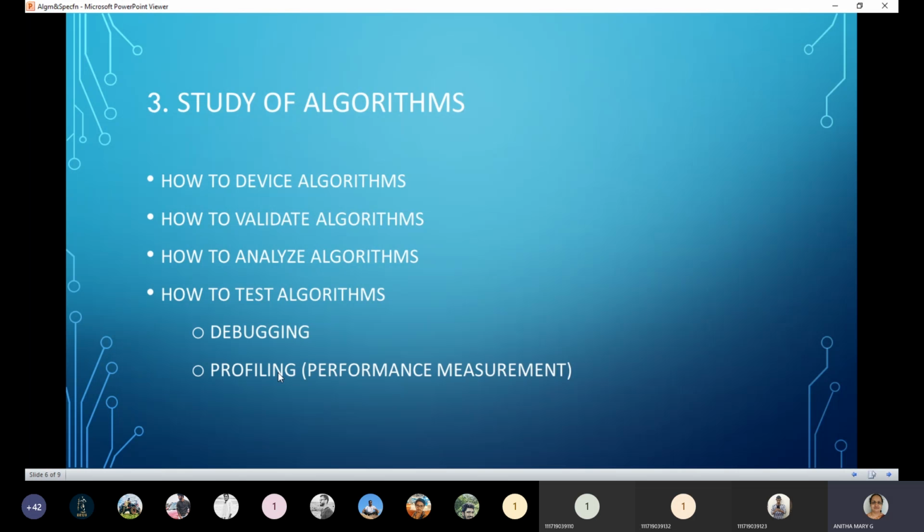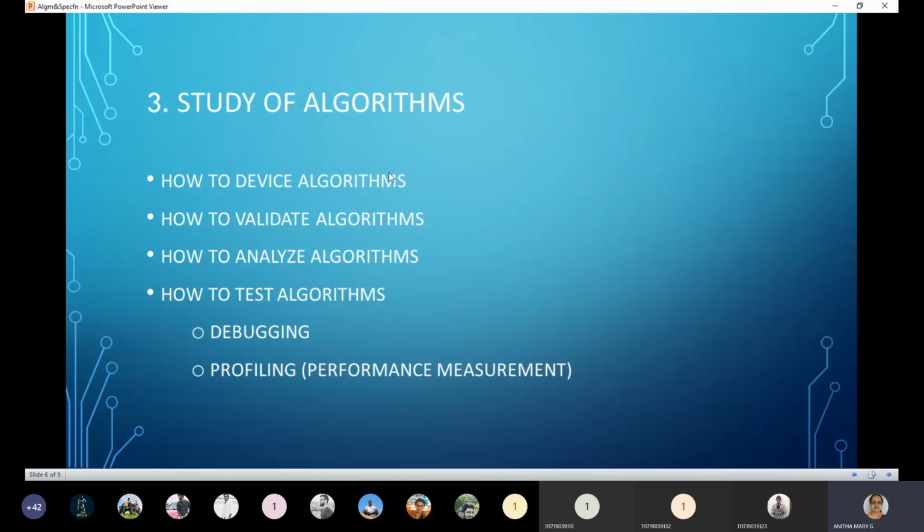Then profiling is the process of executing for the correct inputs and measuring the time and space complexity for getting a solution. As in the braces, performance measurement: how much time and how much space it's occupying.